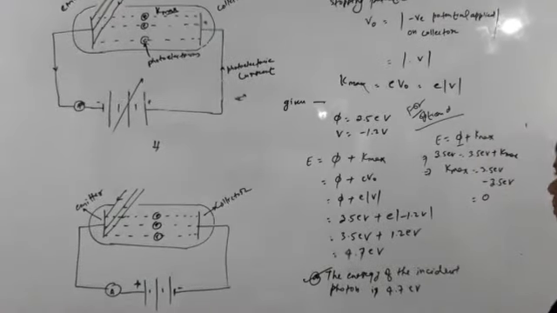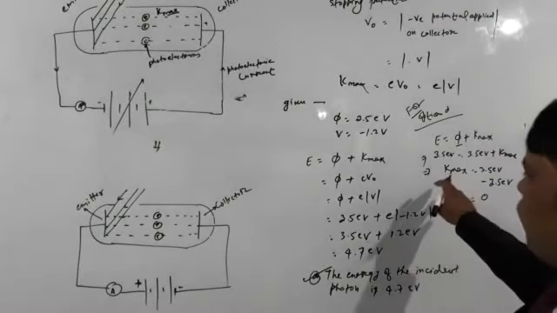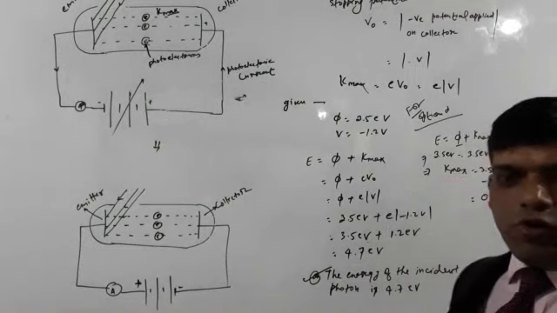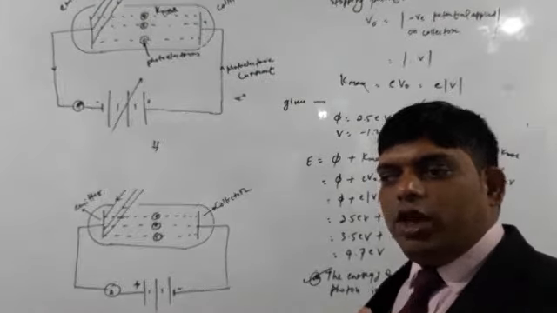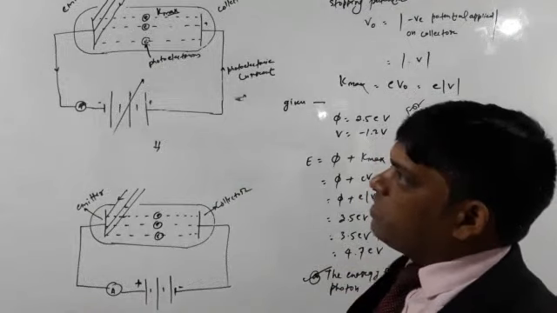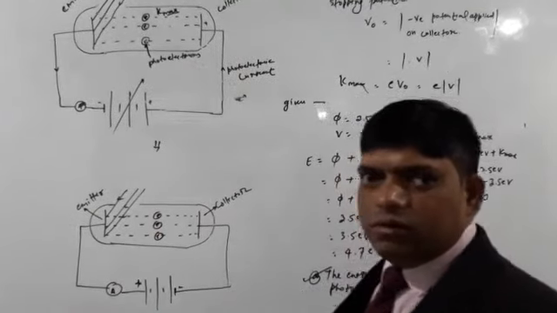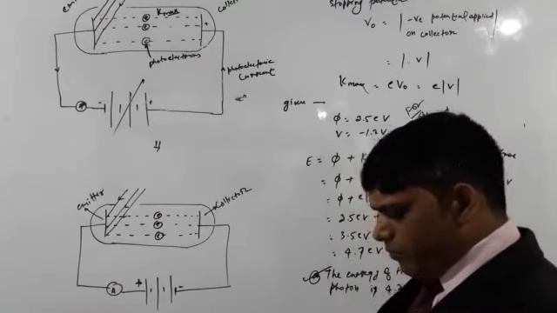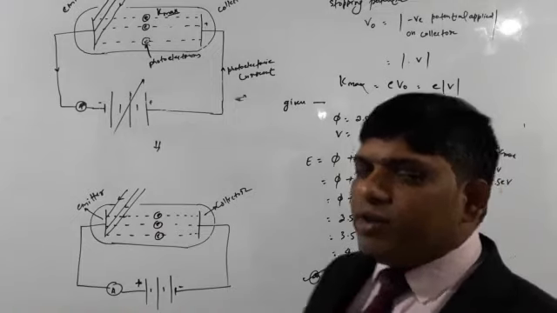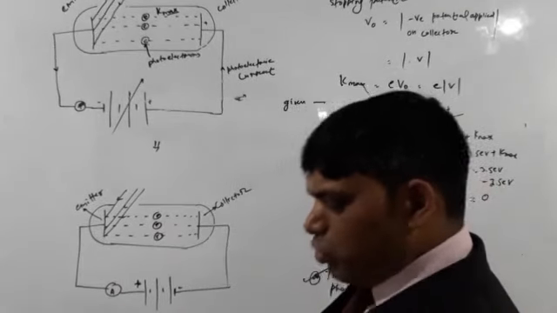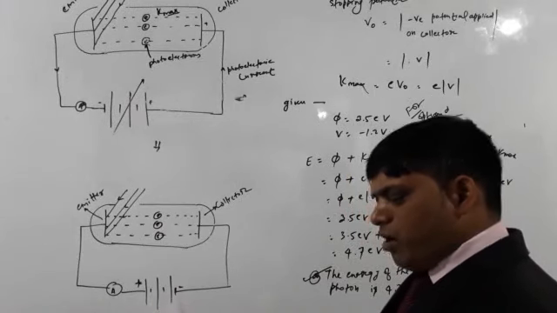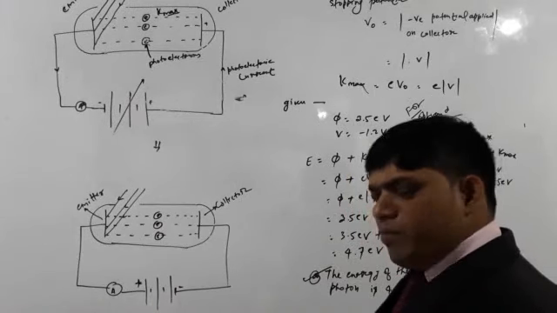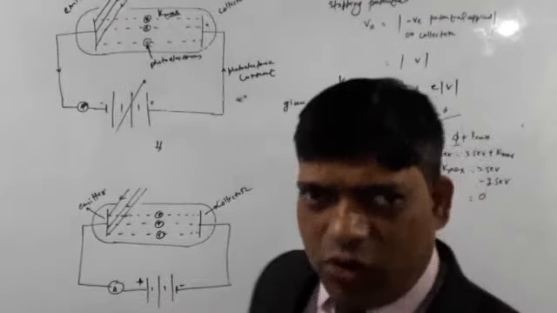It means there will be no kinetic energy of the photoelectrons. That is, the electrons will not be ejected from the emitter, and in this way there will be no photoelectric current. So option D, which says that when the energy of photon is 3.5 electron volt the photoelectric current will be maximum, is wrong.